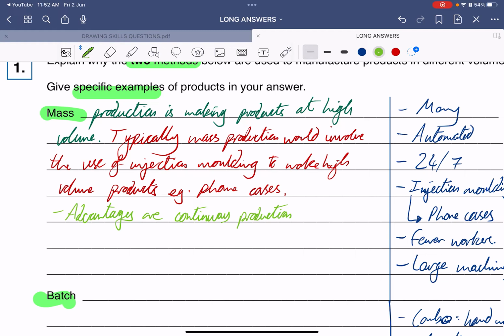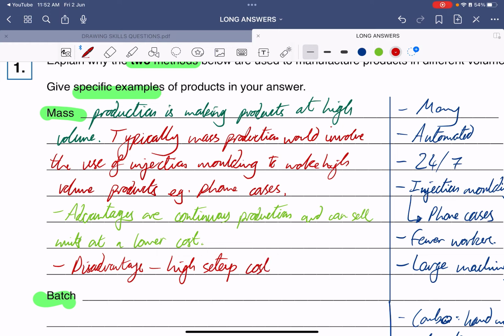So continuous production and can sell units at a lower cost. But a downside of this, disadvantage of this is that it has a high setup cost and